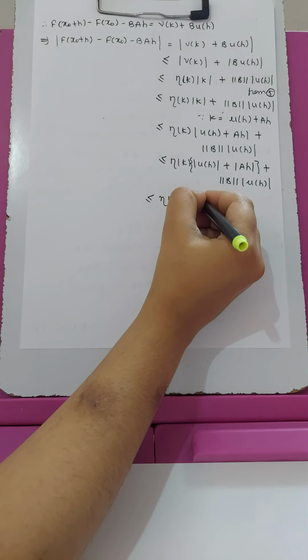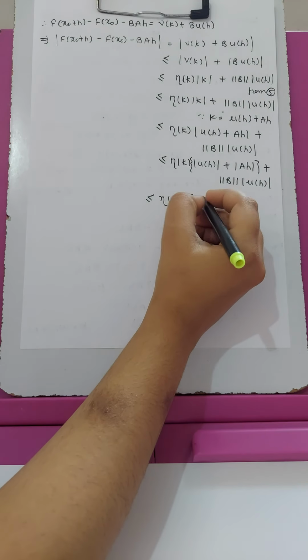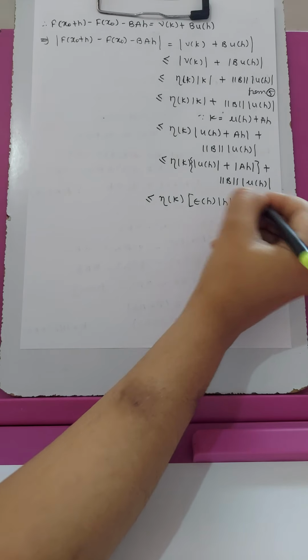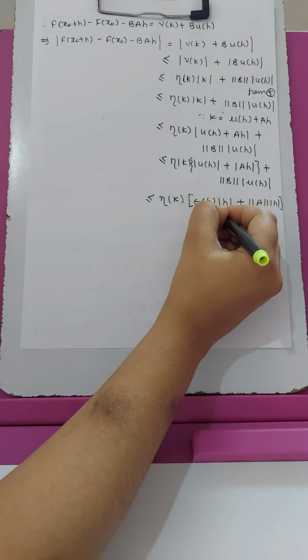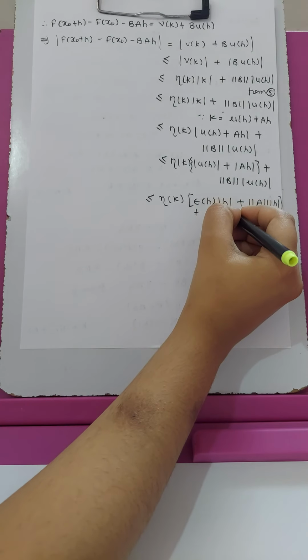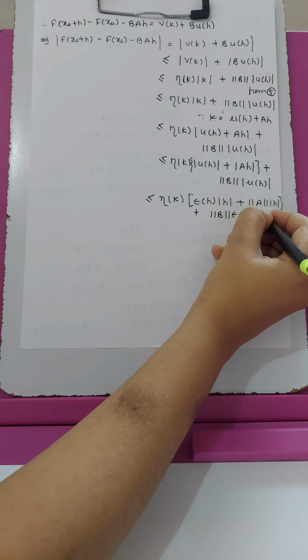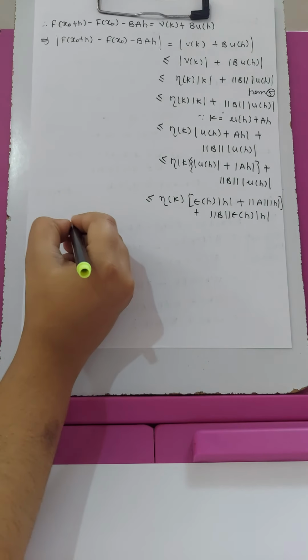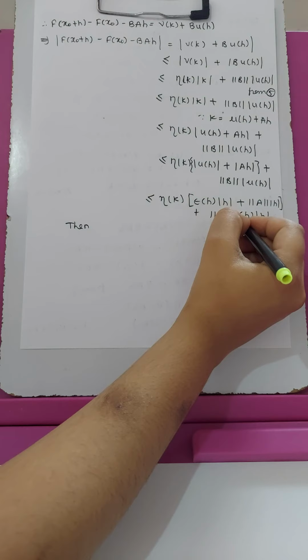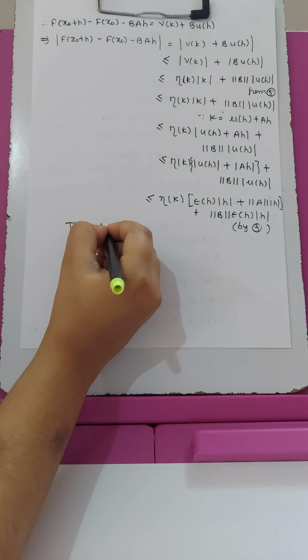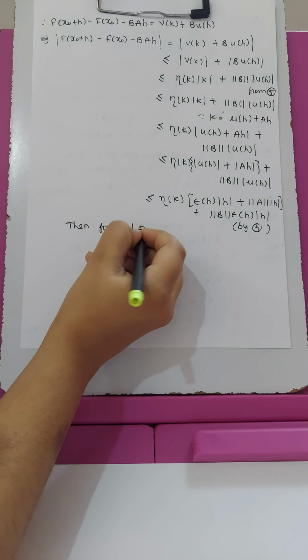So therefore this becomes less than or equal to eta of k. This u of h is equal to epsilon of h mod h, plus this mod of a has become norm of a mod h, plus this norm of b, and u of h is epsilon of h mod h. So then for this, from 4, for mod h not equal to 0